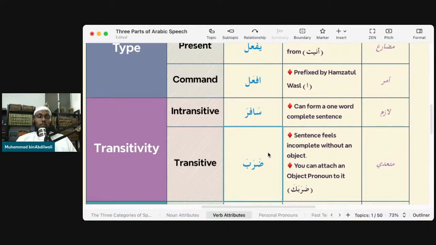Because hitting, you hit something, right? It can't be said that you hit except if you hit something, right? Even if it be the air, you hit the air, it doesn't matter, but you have to hit something, or attempt to hit something. That's what we call what? A transitive, or fi'l muta'addi. If you guys want, we'll just stick with the Arabic terminology going forward. Fi'l muta'addi, فعل متعدي, it affects something else.